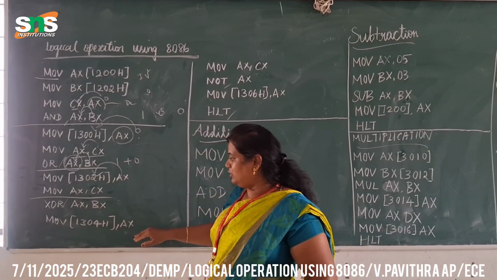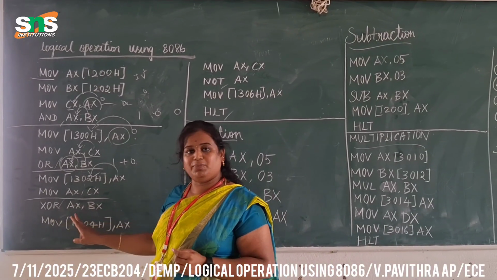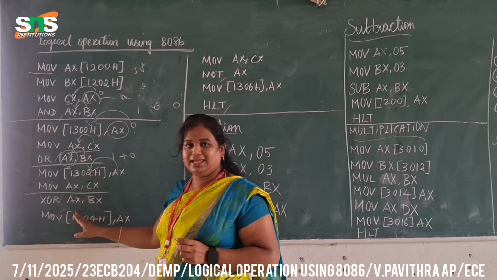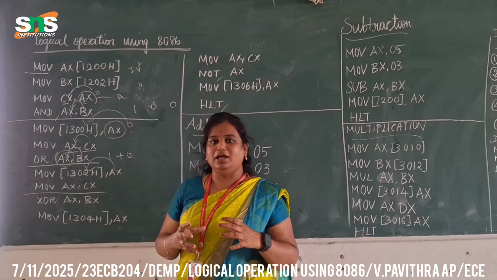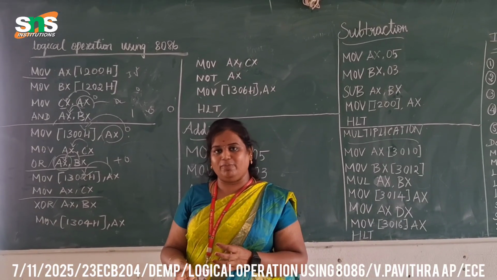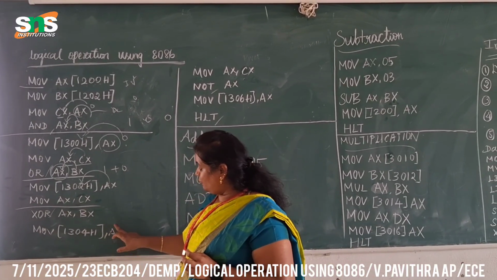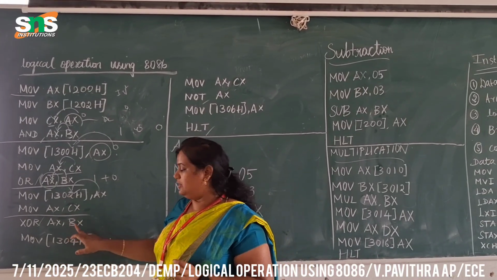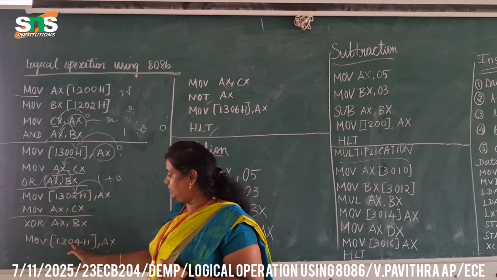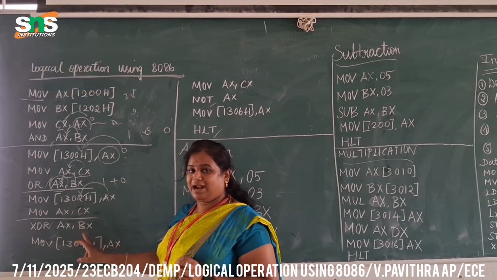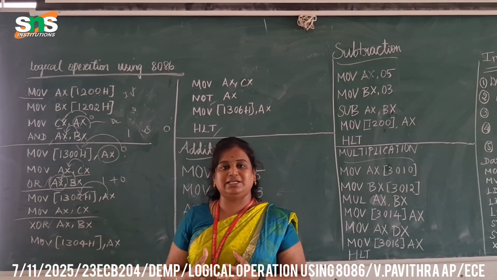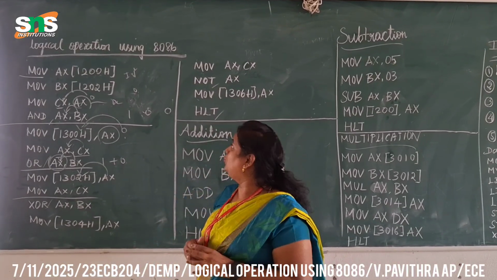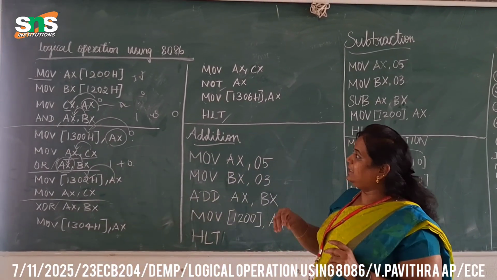Then now what we are going to do? Now it performs the XOR operation. Then what will happen? The output is stored in the AX. AX is nothing but the accumulator. The accumulator is used to store the results of all operations. So the AX will have the result of XOR. The XOR value will be transferred to 3041. So this is my address. If I want to see the output, I have to go to 1304 and see the output. Then I am going to give the next, the NOT gate.